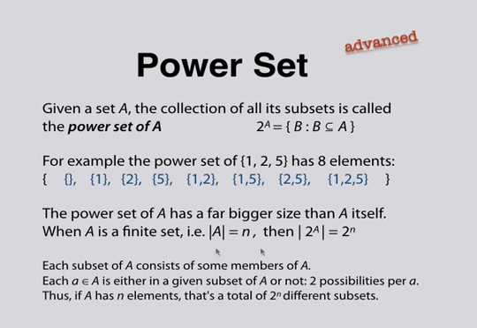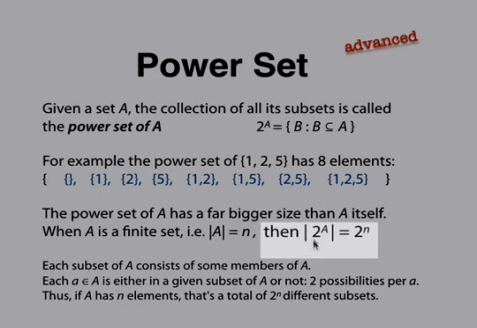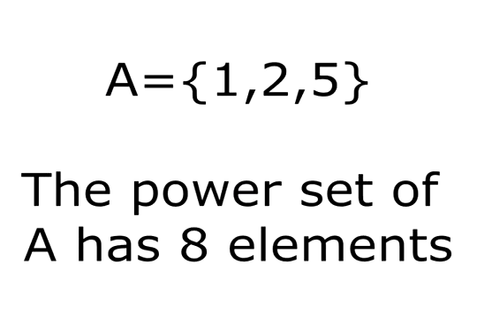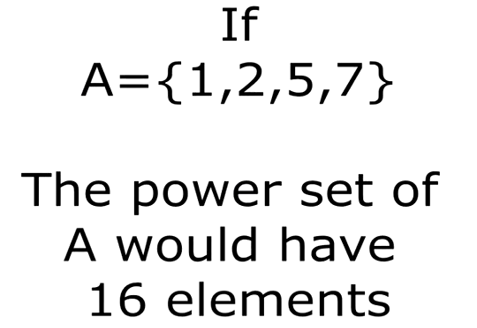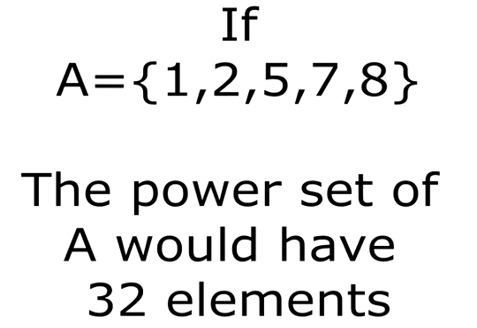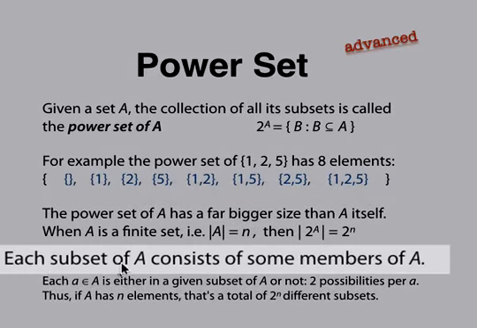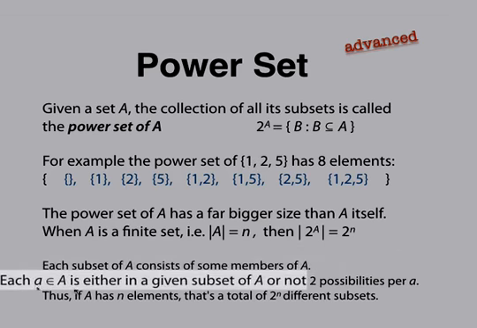If you want to see, by the way, why this is, that the size of 2 to the A, for example, A has 3 elements and this has 8 elements. If A had 4, then this would have 16. If A had 5 elements, this would have 32. Well, here's why. Because each subset of A contains some of the members of A, just like we have here. And let's take this variable. Any of these members,